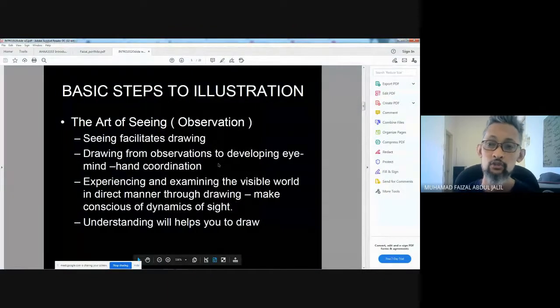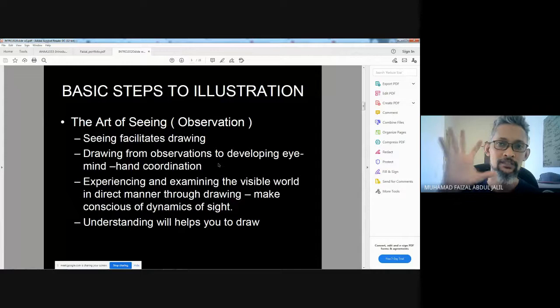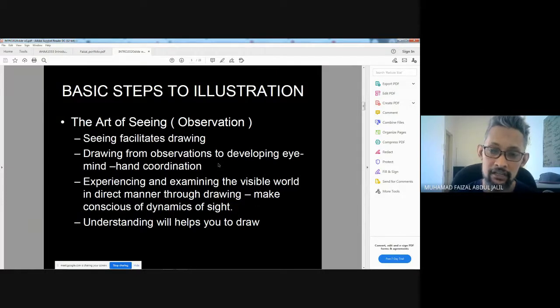And before you learn to draw directly, it's not about tracing and copying things directly. It's about how to adapt that visual information into your mind using your eyes and coordinate with your hands. Experience and examine the visible world directly through drawing. Make sure they consist of the dynamic of sight. So we're going to transfer whatever we saw using our hands, because without that coordination, that connection,